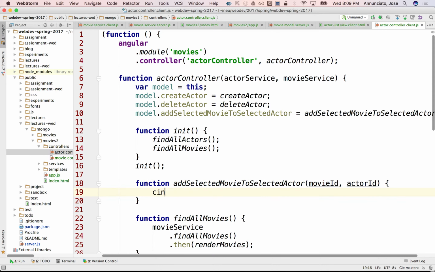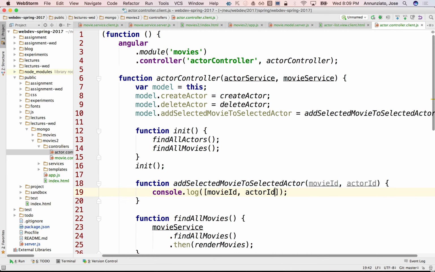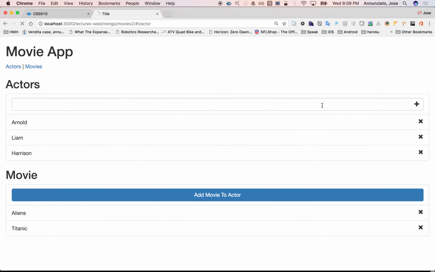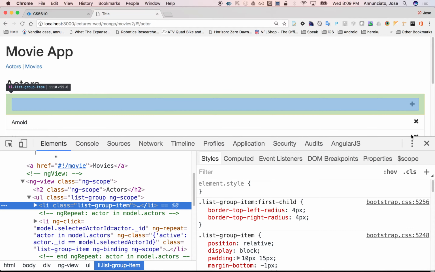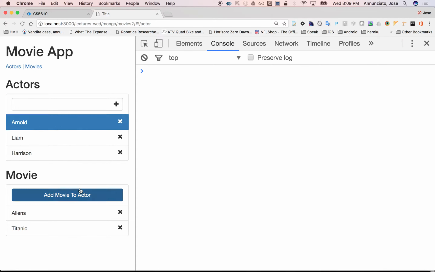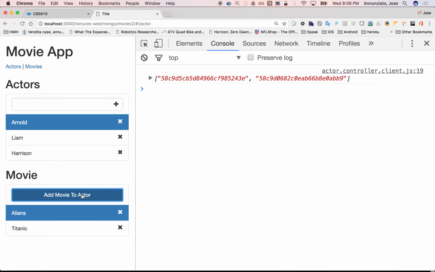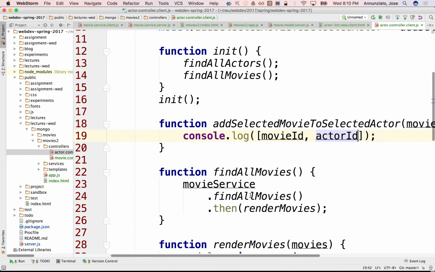Let's see if this works. Console log, and here I can display both movie ID and actor ID. Right, so let's refresh. Let's inspect, on the right hand side, the console. If I select Arnold and Aliens and say add the actors, I have the IDs of both, right? So I can send this over to the server. And so on the server,